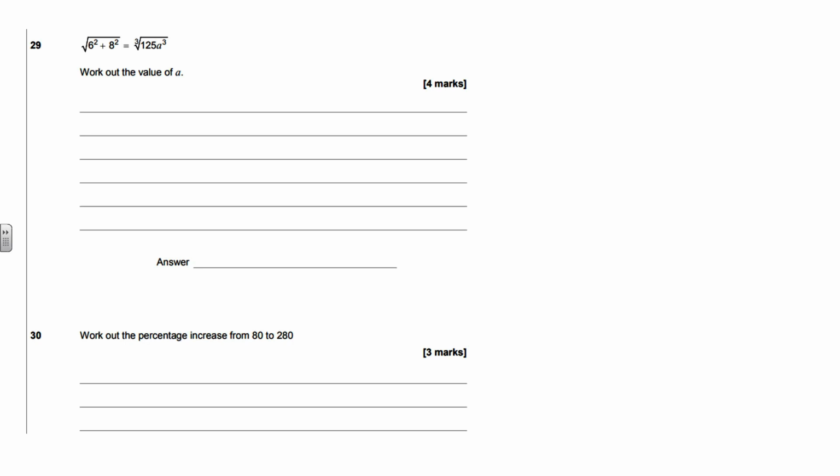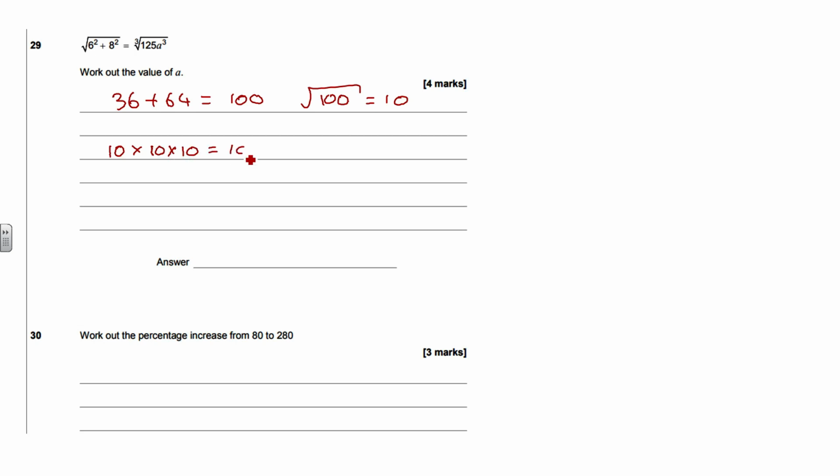Okay. So what can we say here? The square root of 6 squared plus 8 squared is equal to the cube root. So 6 squared plus 8 squared is 36 plus 64, which is 100. The square root of 100 is 10. So if I think, what number, if I cube root it, gives me 10, so 10 cubed